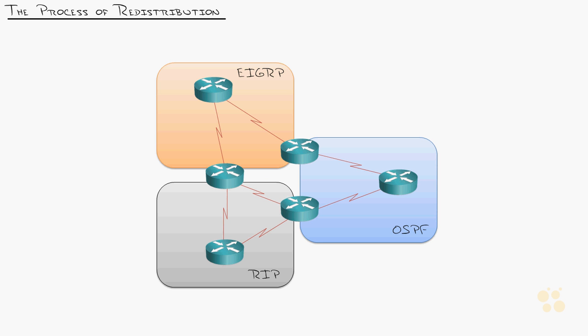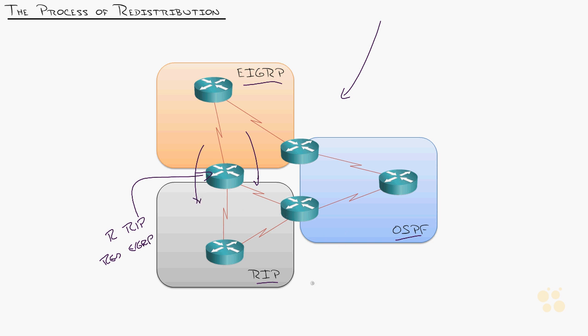Next step, how do you redistribute? Well, believe it or not, the how is actually really simple. It's the ramifications of that how that you have to be aware of. We'll talk about that more on the next slide. But let's just say we've got this topology, 3 routing protocols. In order to do redistribution, you go, and I'll say this slowly, into the routing protocol you want to redistribute into. So if I want to send routes from EIGRP into RIP, I go into this router and I type in router RIP, right? The protocol I want to go into. And then I type in the command redistribute EIGRP, which now sends the EIGRP routes into RIP.